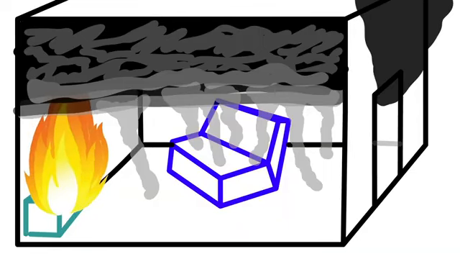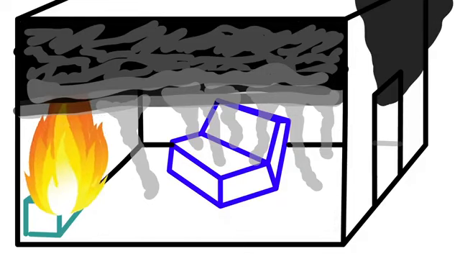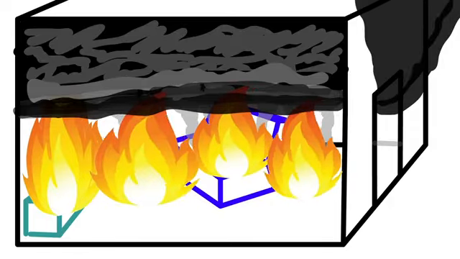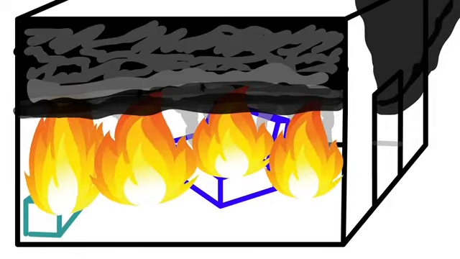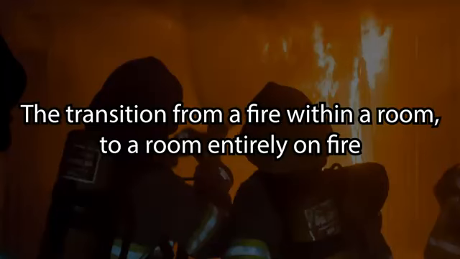Now our fires continue to burn, and we're seeing more and more of these pyrolysis gases starting to come out of our fuels. And we're also starting to see more and more of that flame activity above the overpressure, which is indicating that it's at least 600 degrees. Now the next step is we're going to start to see these fuels reach their auto-ignition temperature, and they're going to spontaneously combust. Now they're not necessarily going to do it all at the same time. We're going to see the objects that are more flammable or higher in the room spontaneously combust first. Then we're very quickly going to see the others spontaneously combust, and we're going to see that transition from the fire within a room to a room that is entirely on fire. And this is what we refer to as flashover.